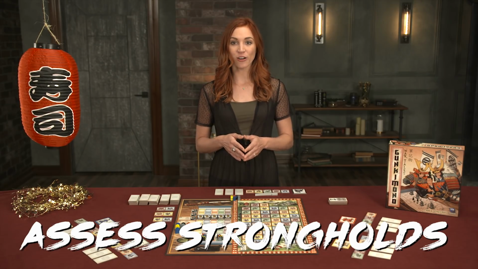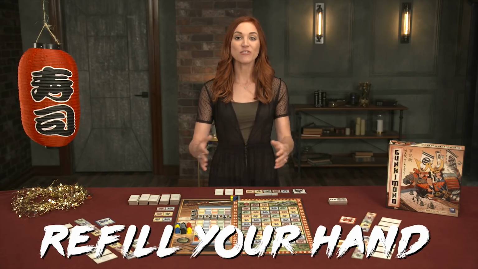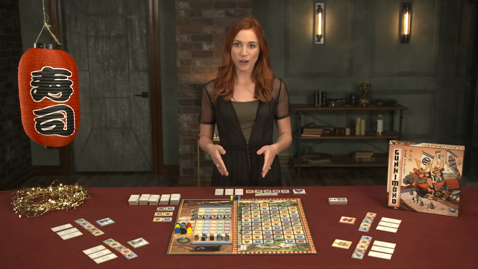Next, in the Assess Strongholds phase, the player scores victory points for each of their strongholds based on the number of troops in the formation. Players may score these points even if the army tile they placed this turn didn't add to the stronghold's formation. Pretty cool. Lastly, in the refill your hand phase, if a player has less than 3 army tiles, they may